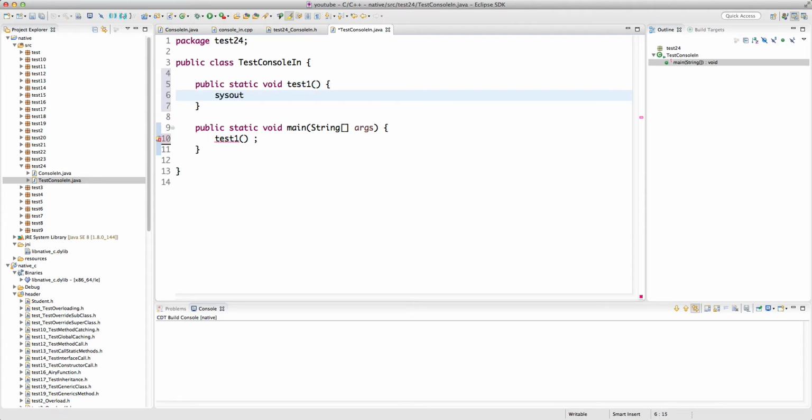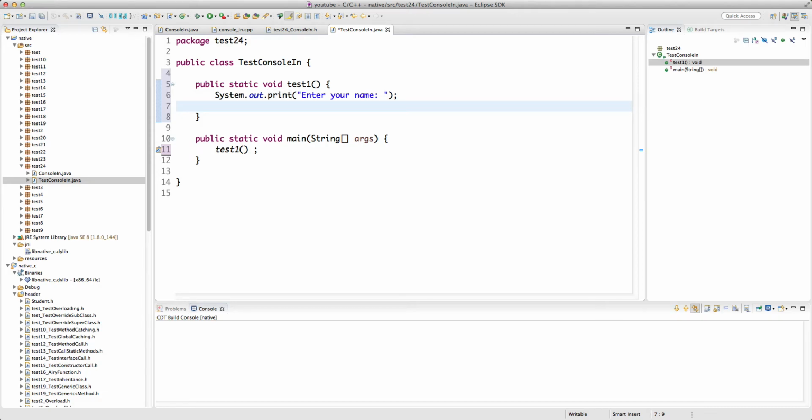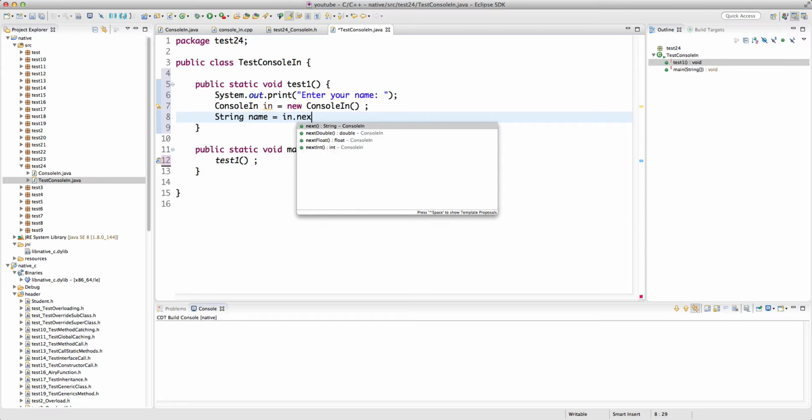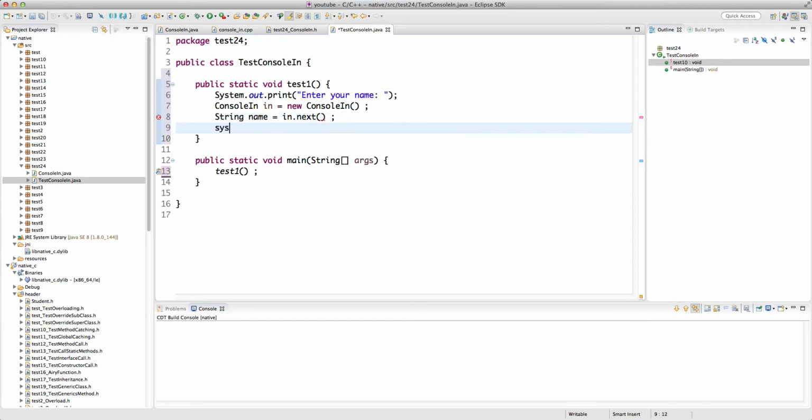And in the test1, I'm going to do a sysout, let's say, enter your name. And then I'm going to say this is print, so it doesn't go to the next line. So enter your name, and the user now is supposed to provide an input, right? So we can instantiate our console in, new console in, and then I say a string name is in.next to read a string, and then do a sysout